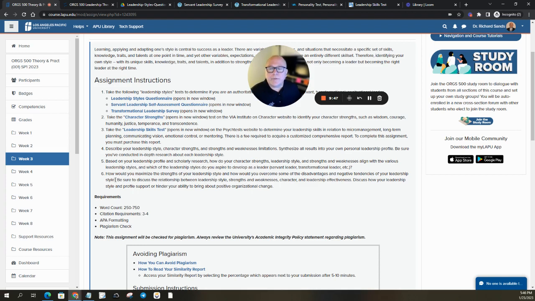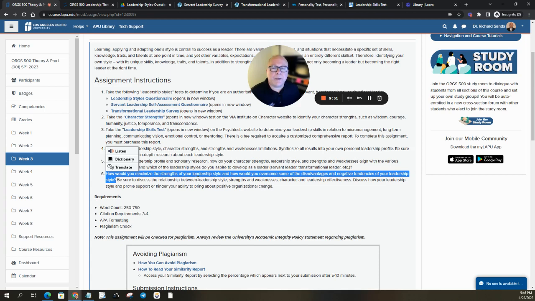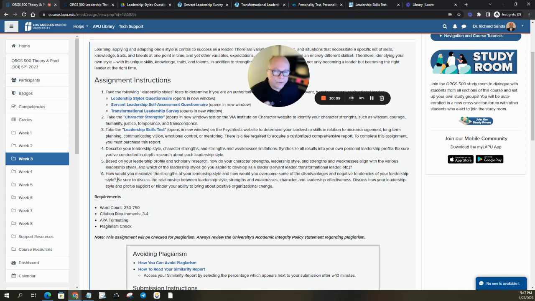So when you address the first 2 points, which is how would you maximize strengths of your leadership style, first thing you write about, and then the second thing, how would you overcome some of the disadvantages and negative tendencies of your leadership style? That's what you're going to write about.